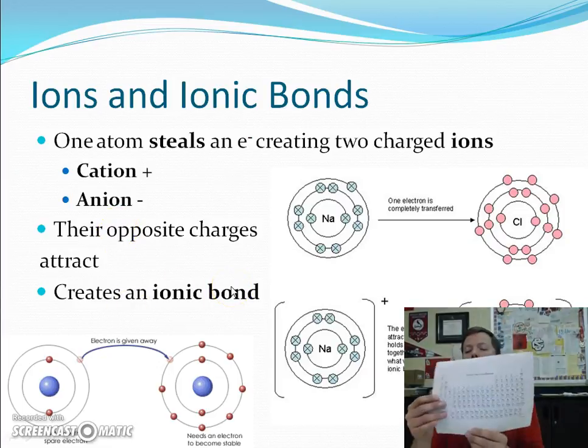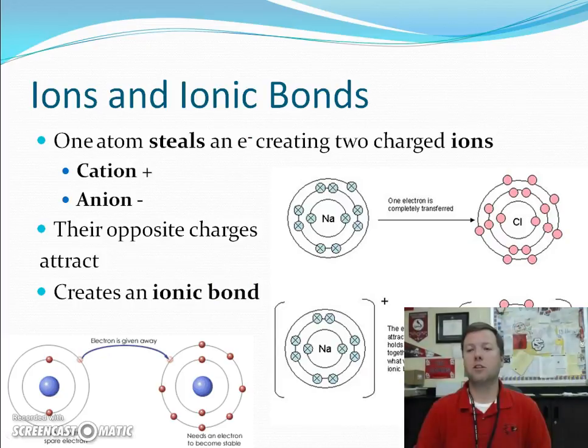So this happens a lot of times when you have a metal and a non-metal. For example, sodium chloride. You see that right here. Sodium is looking to get rid of this one, so it has 8 in its outermost shell, or octet rule. And chlorine's looking to add. Right now it has 7, so it's looking to steal one. So they work out a deal where